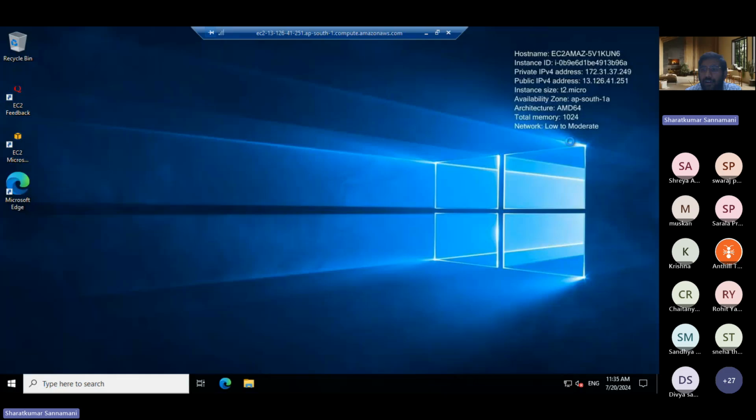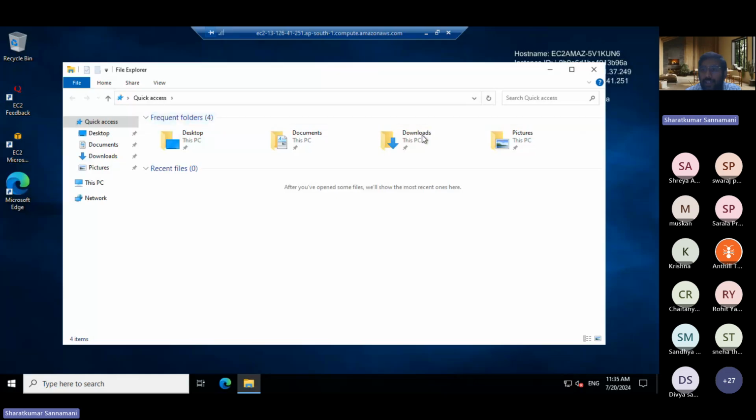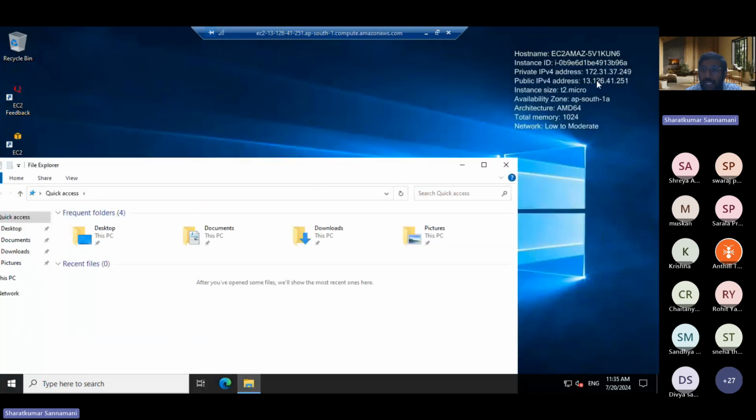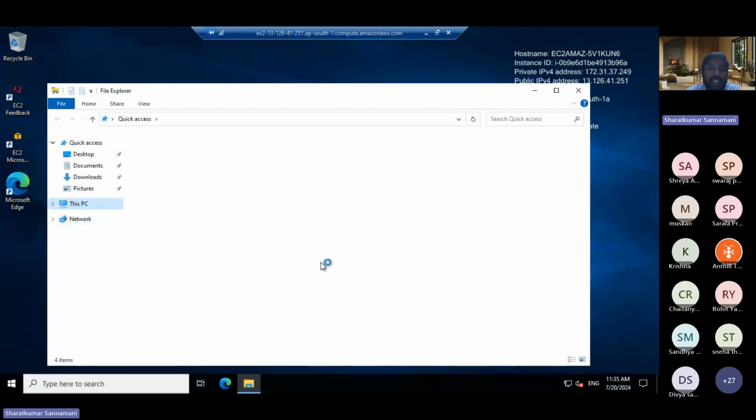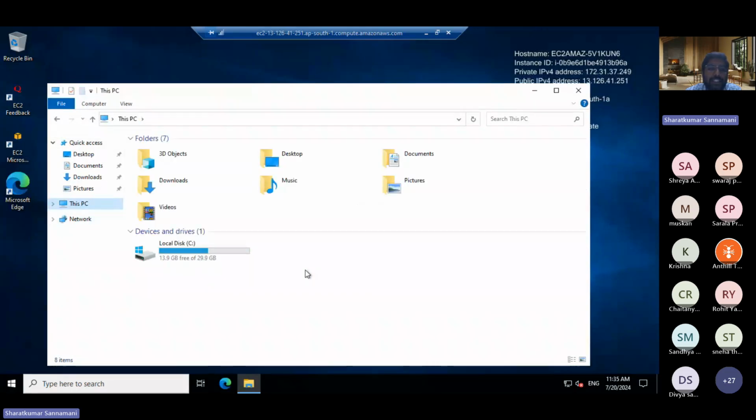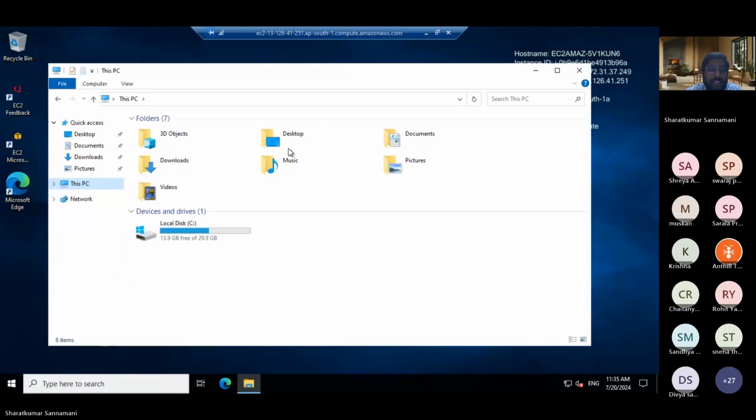So if you see all the configuration here, it is showing what the machine is, what the ID is, what IP it is assigned, what the size is, in which availability zone it is created, all those things. And we have done another one also, right? We have selected the storage. How much have we selected? Can somebody tell how much storage we have? 30, right? 30 GB. Yes. So out of 30 GB, almost 14 GB is used for installing the operating system, Windows OS. Rest is free.